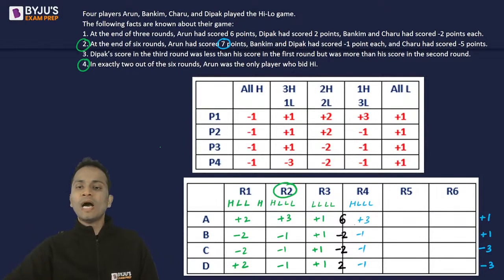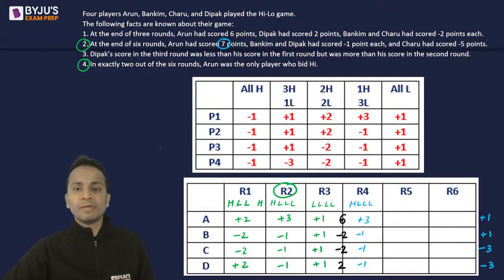Now Arun, who has +3, has a net score of +1. So in the next 2 rounds, he will have to lose 2 points. That means he will have -1, that can happen. Otherwise, is there any way of losing 2 points? Plus, he can't gain anything. So I can say that it can be +1 or -3. Yes, +1 and -3 is possible.